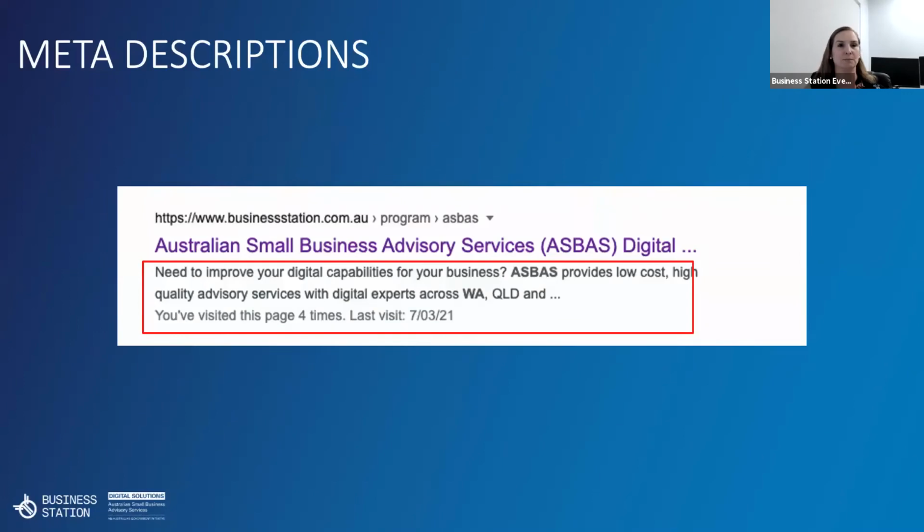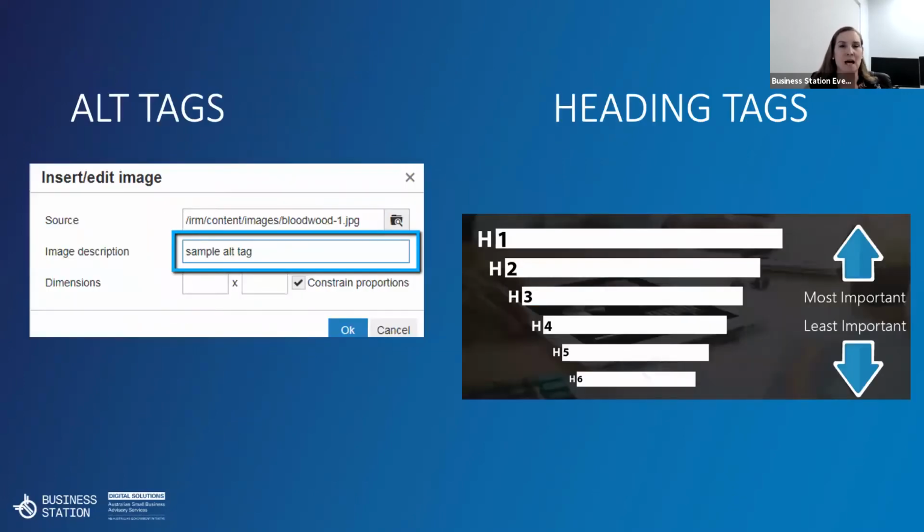That's really important. Now, the other two elements we've got here are alt tags and heading tags. Alt tags, on the left, are tags that are used for images. They're HTML tags that you can use to describe what an image is. You've got to remember that a search engine can't see an image. So without a description, they don't have any idea what it is or if it's relevant. Whereas if they can find your image because it's correctly labeled, obviously it helps with the SEO on that particular page, and your images could appear in a Google Images search as well. So that's another benefit. Definitely include local keywords, the title of the page, with the keywords that you're trying to rank for in that sense as well.